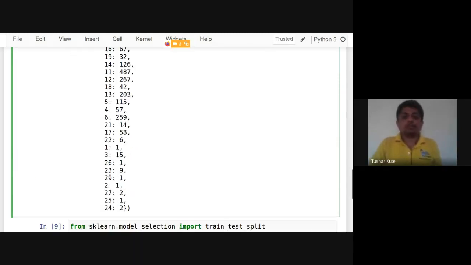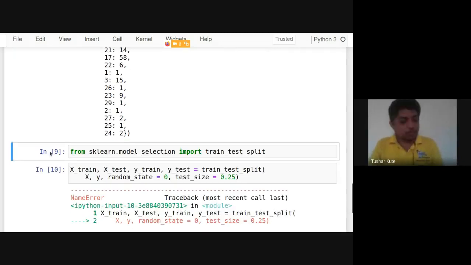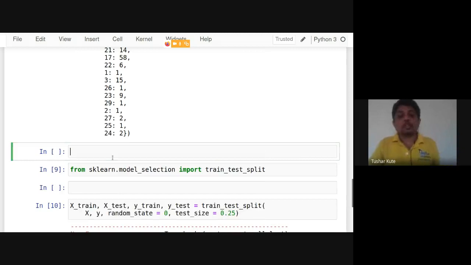Fine. And before actually splitting, we require one more thing. What do we require? We require dummy variable encoding, correct? Because the first column, sex, contains I, M, and F. You can check it if you want, with set of df of sex.